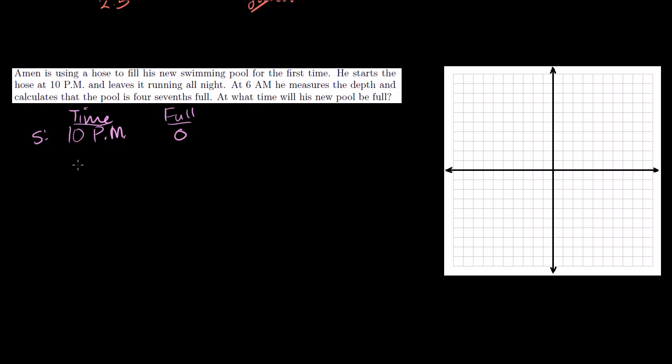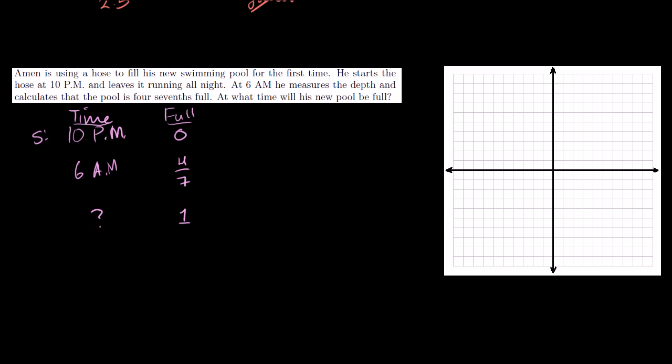And then at 6 a.m., he measures the depth and calculates the pool is 4/7 full. So here it is 4/7 full. At what time will his new pool be full? So we want to know when it's full, when it is 1/1 full, 7/7 full. At what time? So to do this, we have to set up a similar model to what we did last